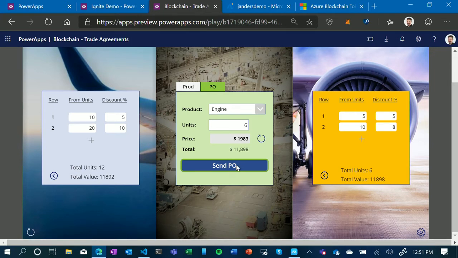But this was all built by one of my cloud solution architects in a matter of hours, building the smart contracts, writing the Power App for it, to just demo how this can be done. And really, the magic here is not the app and the interface, obviously. It's more the back-end logic and how it's decentralized, which is where blockchain comes in. Okay, so now let's get to the fun part. Let's build an app, okay?